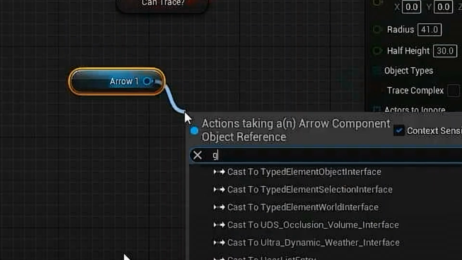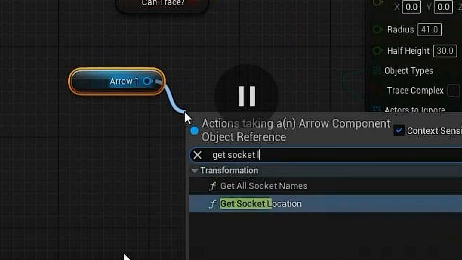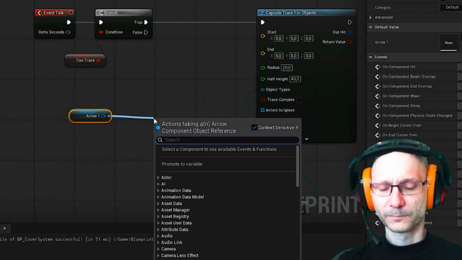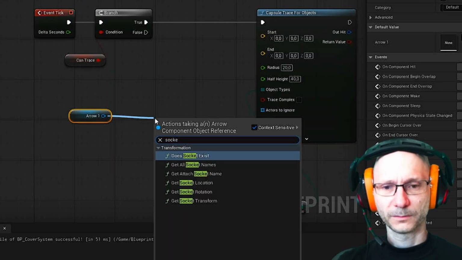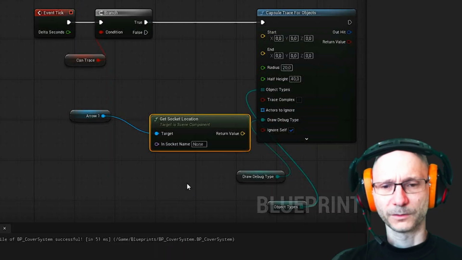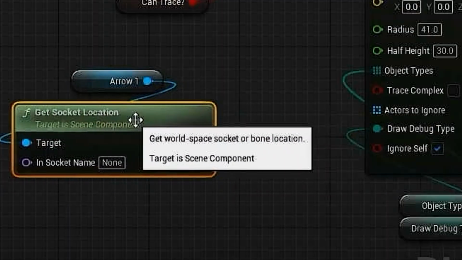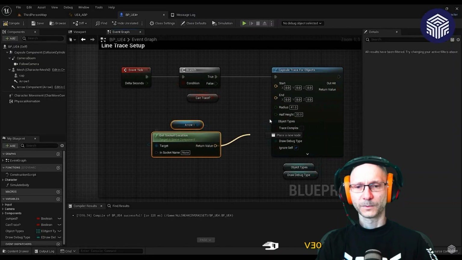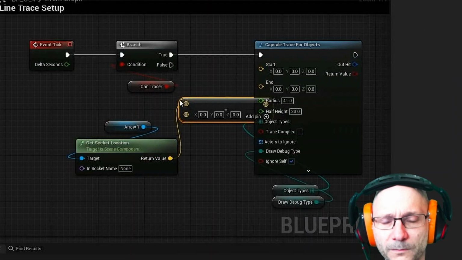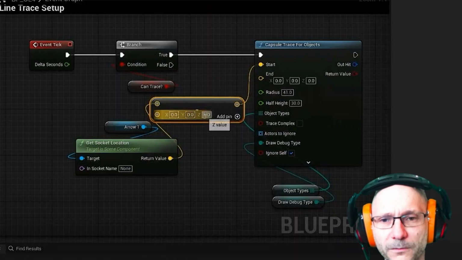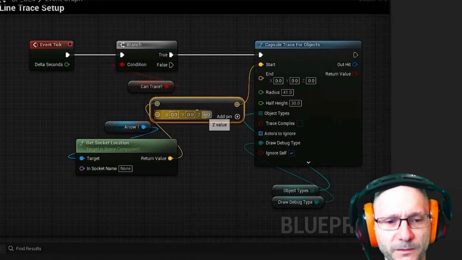Arrow component. We're going to get the socket location. Okay, socket location. So it's going to grab the location of this arrow here. I'm going to plug that into the start, but before that we're going to subtract. We need the subtract node. Okay, return value. First we need subtract and then the start.